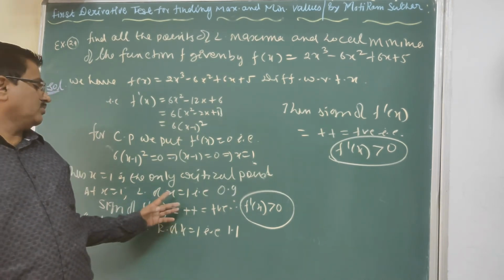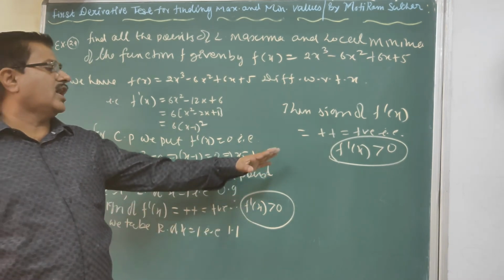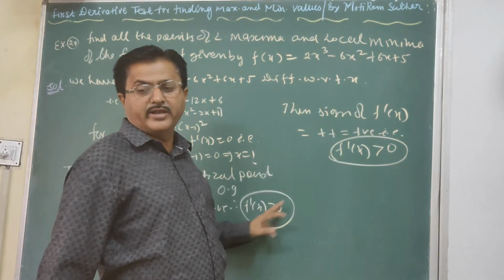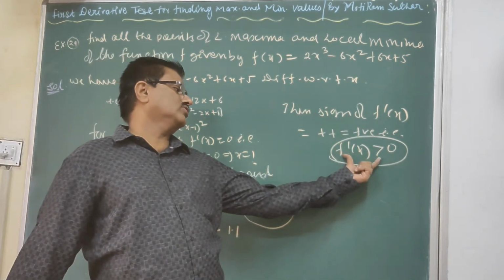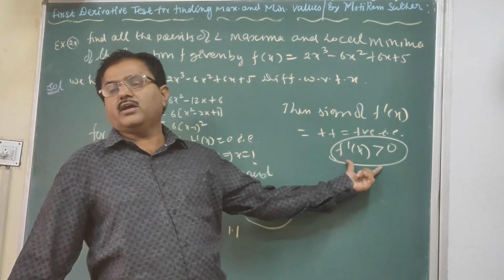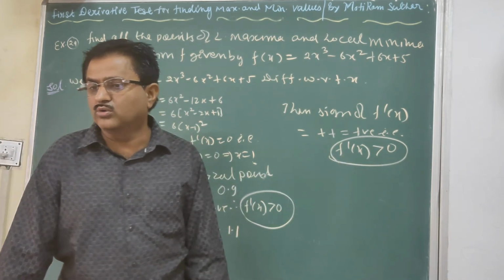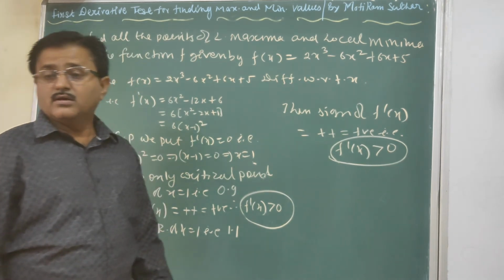Or you can say when x is increasing, there is no change in the value of the derivative. If in the first case it is positive, then the second is also positive, or in the first case it is negative, then the second is also negative. So such a point is called a point of